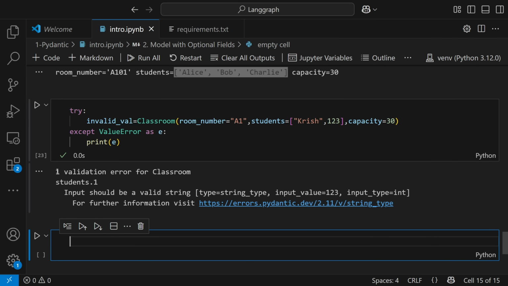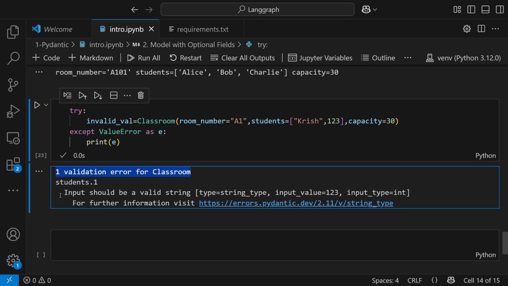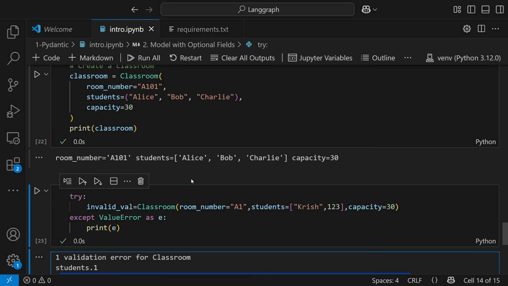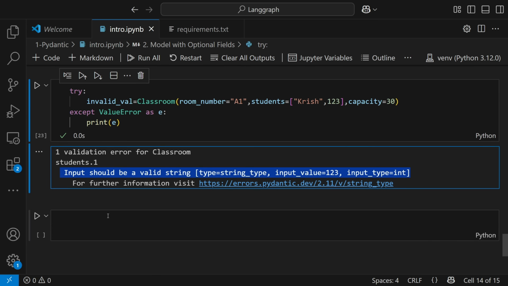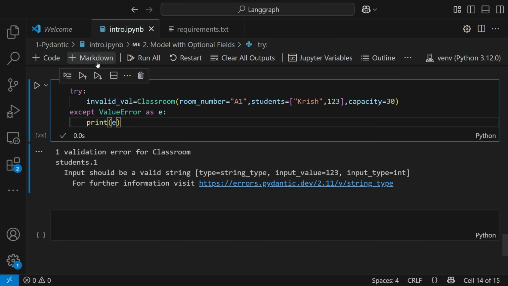Here you can see one validation error for Classroom. Students 1 input should be a valid string type. String type, input value is equal to 123, input type is int. It is saying that, hey, you are providing an int. And how is this happening? Because of Pydantic. So here you can see this particular example. Let me show you one more very good way of